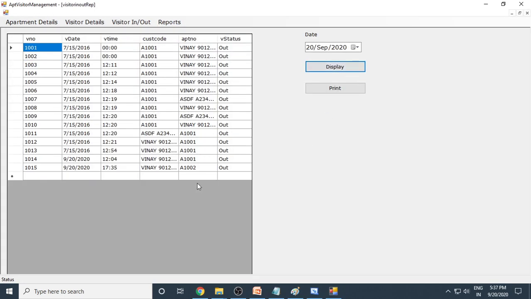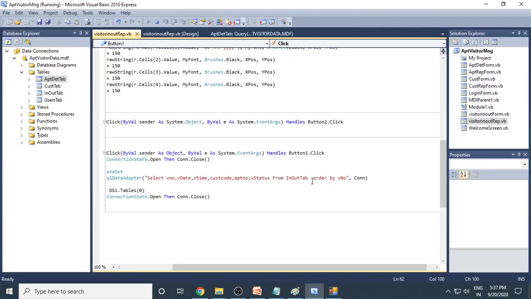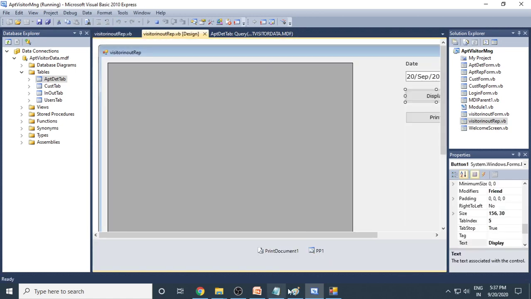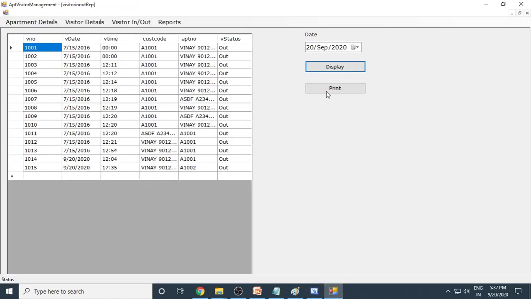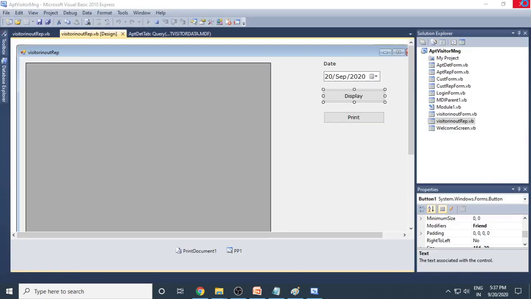Now it will show all the people, but if you want a particular date, then you have to filter with the where condition. So again you need to come back and write the where condition here, or else we can use multiple buttons to show only in, only out, and also you can use from date to date, so that for a particular period how many people came in, how many are out, all possible. Please try it out. So these are things which are provided in this project. If you want to know anything more, please pass it across in your comment box.